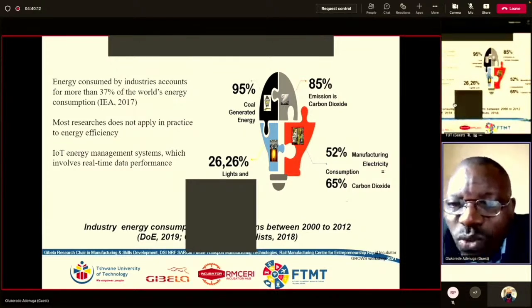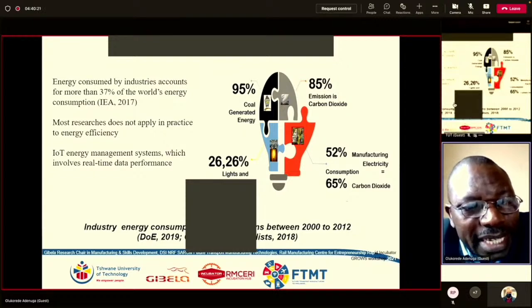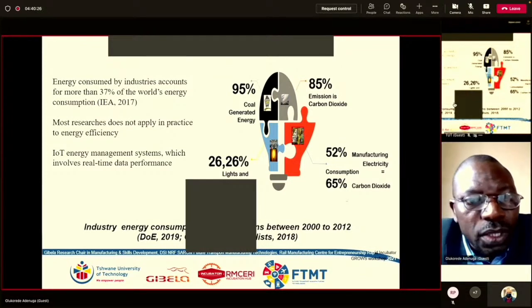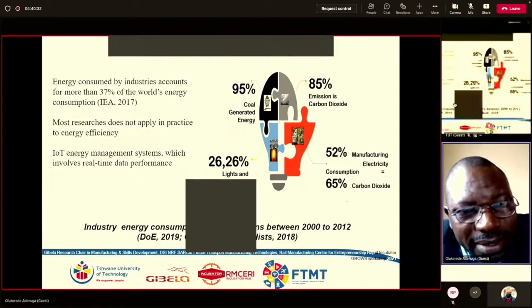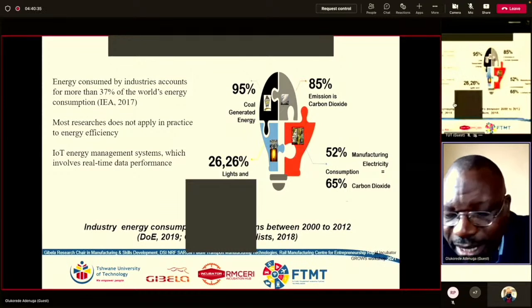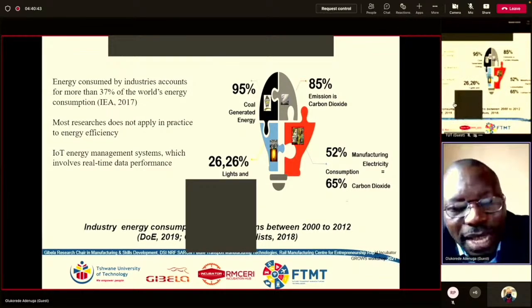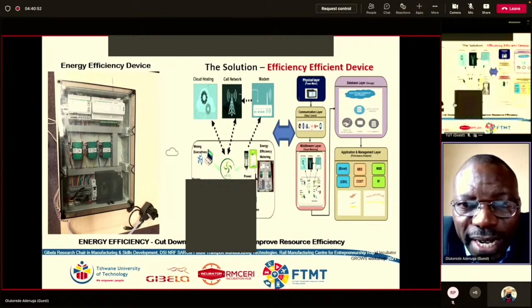And when we go by that 62%, it is emphasized that 65% carbon dioxide emission will be emitted into the environment from the generating station, not from the Gibela angle. So we must have this at the back of our mind. And we have realized that most research does not apply in practice to energy efficiency. And the use of IoT energy management systems, which involve real data, is not really being ventured into in terms of research. We then came up with those findings